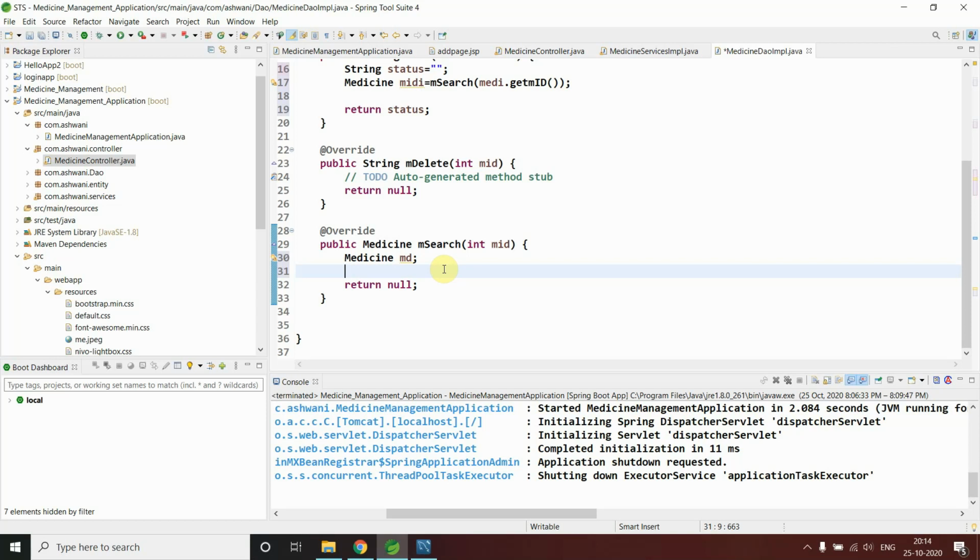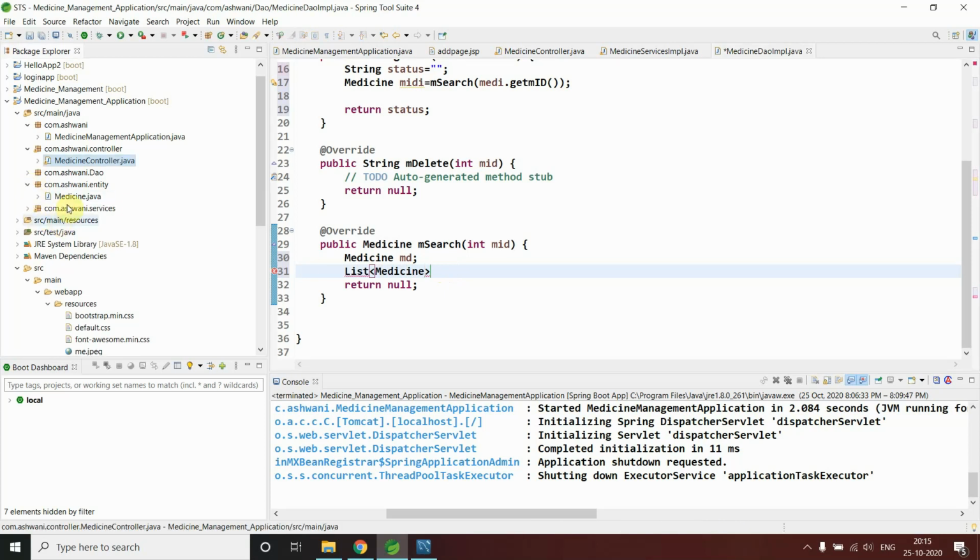Which query method, I will show you. It will return a list, a list of medicine objects.